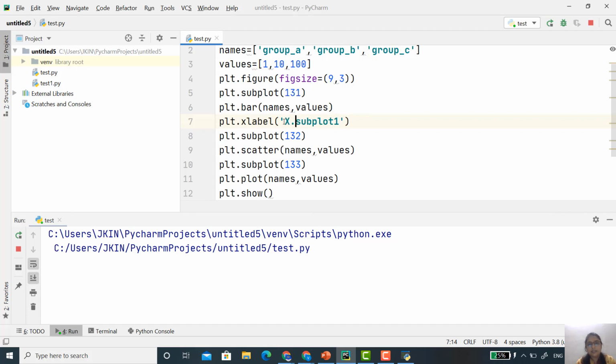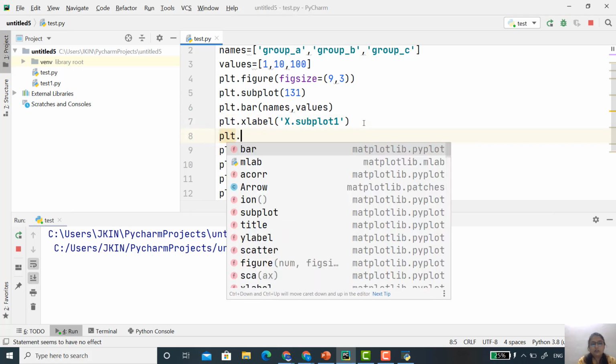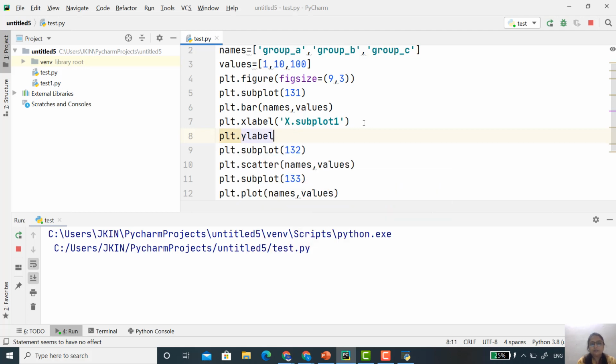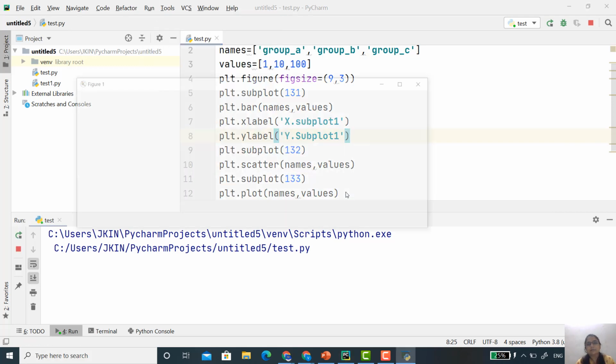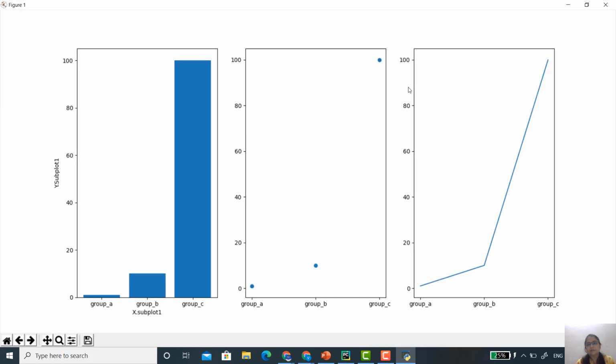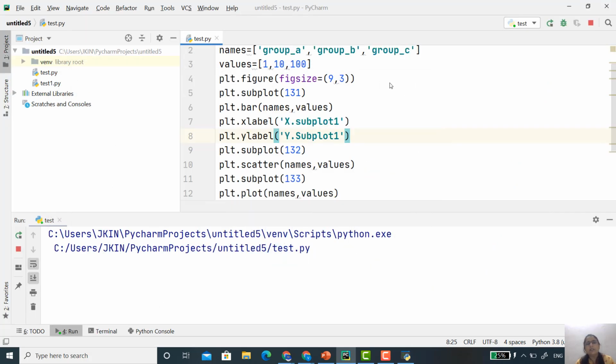So I'm writing x dot subplot 1, and here plot dot ylabel, and I can write y dot subplot 1. Let's see. See here, x dot subplot 1, y dot subplot 1. Similarly you can do this for the second graph and third graph, and also you can provide the title.